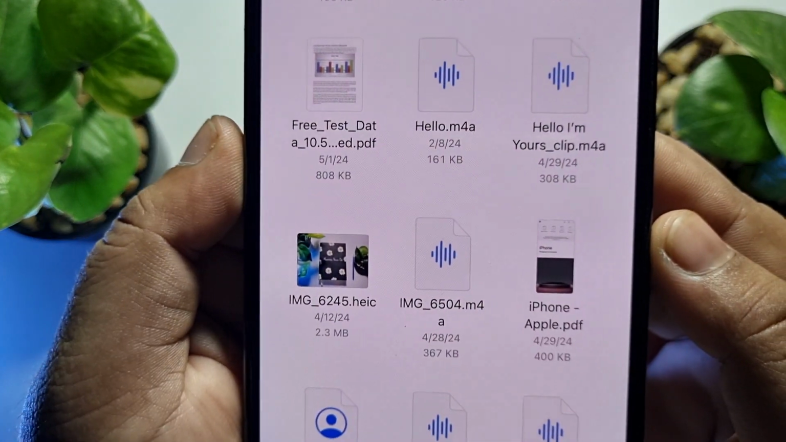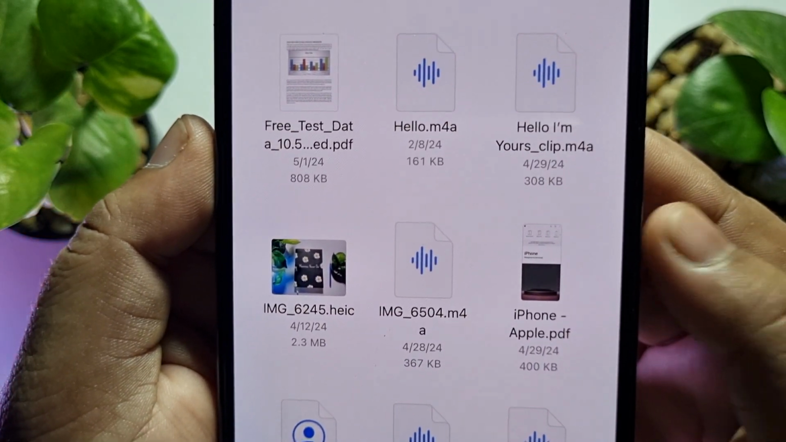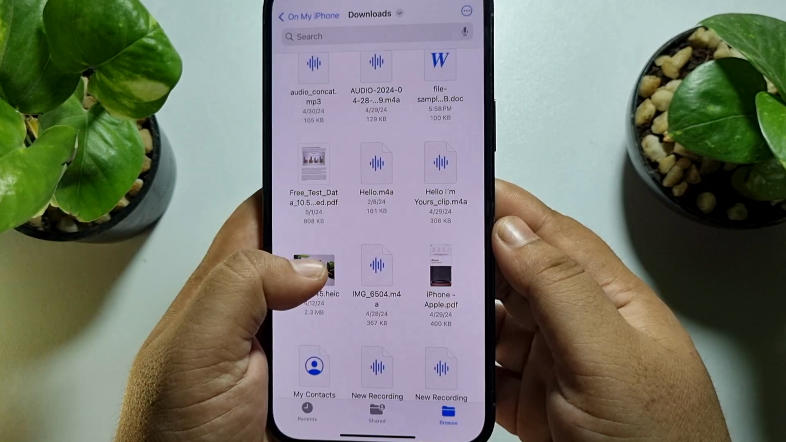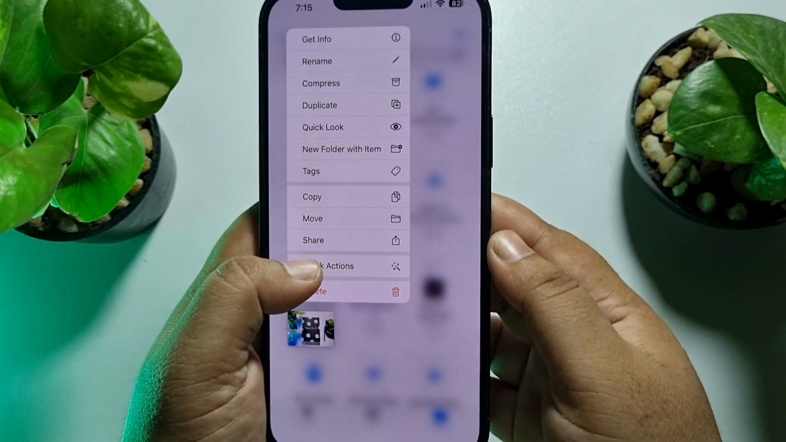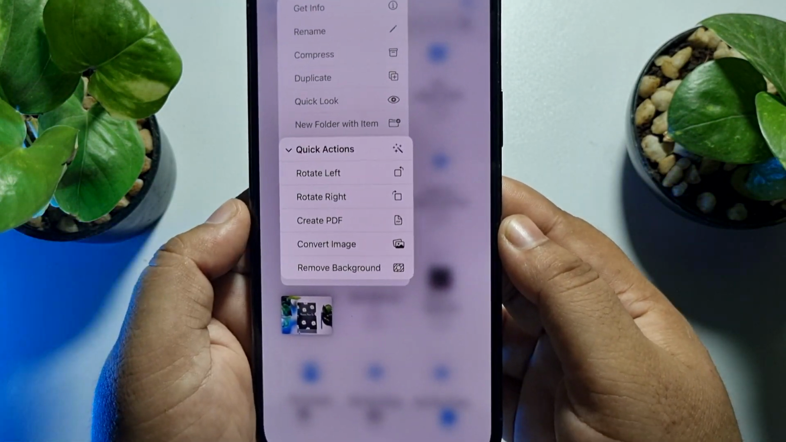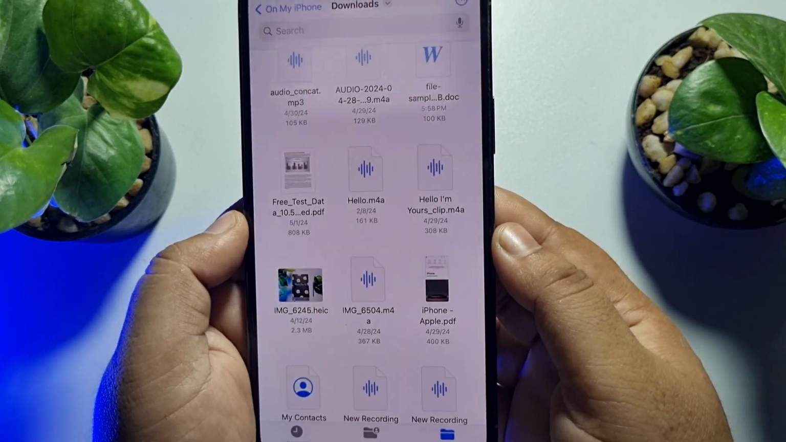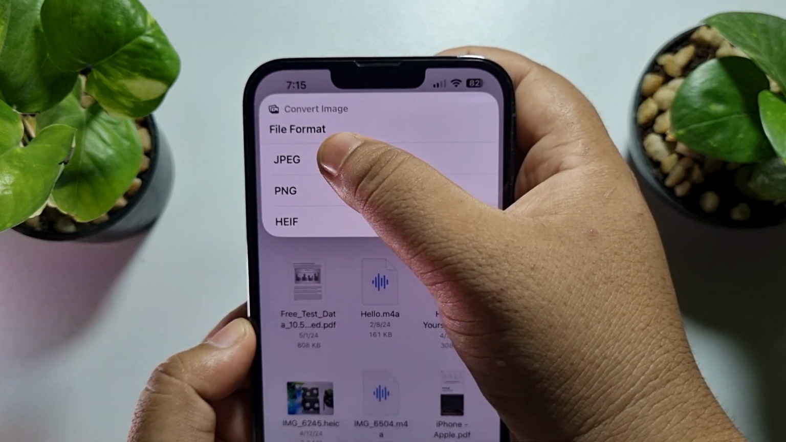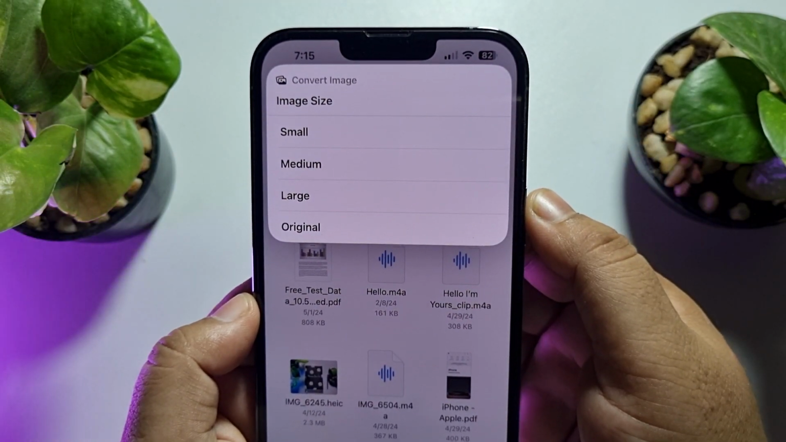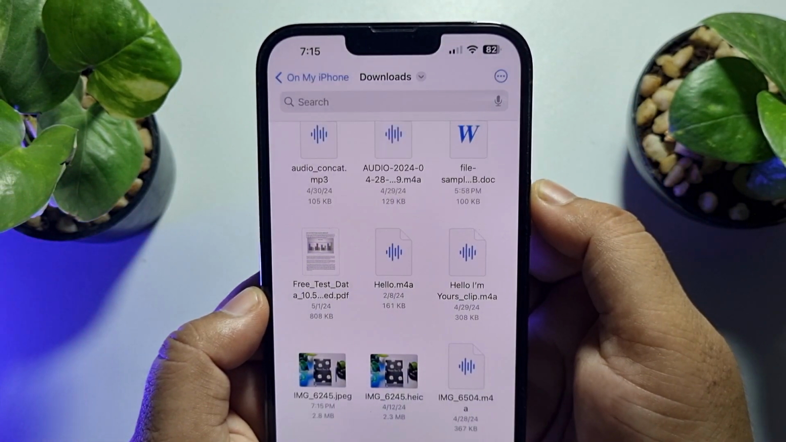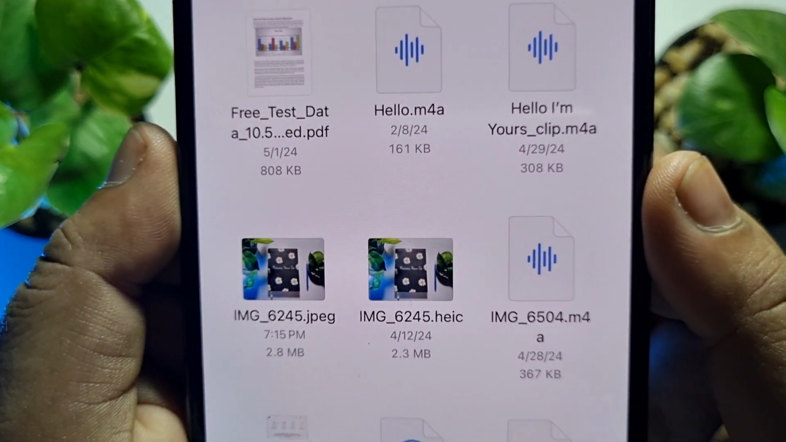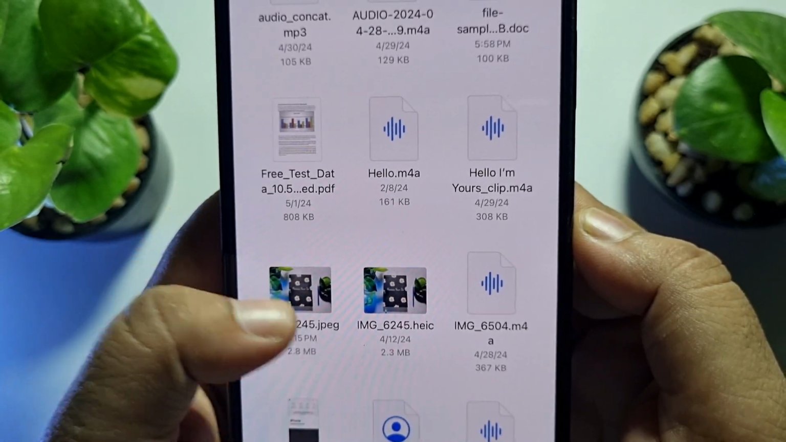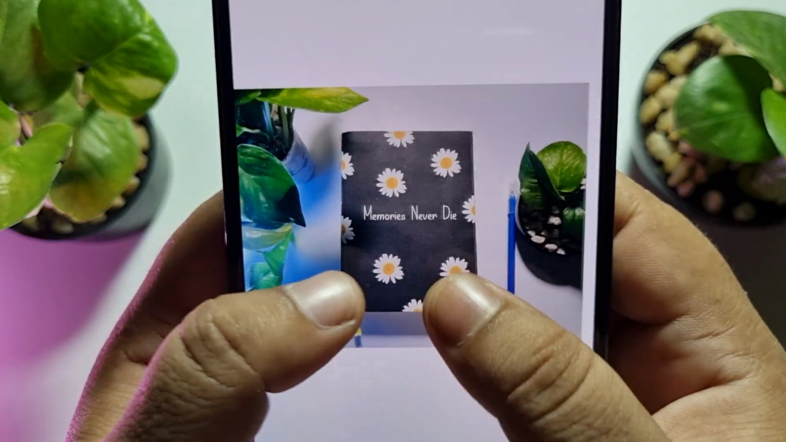Now to convert this HEIC photo to JPG, all you have to do is tap and hold on the photo, tap on Quick Actions, and then tap on Convert Image, and for File Format, select JPG. For Image Size, I'm selecting Original, and that's it. As you can see, the image has been successfully converted to JPG format,